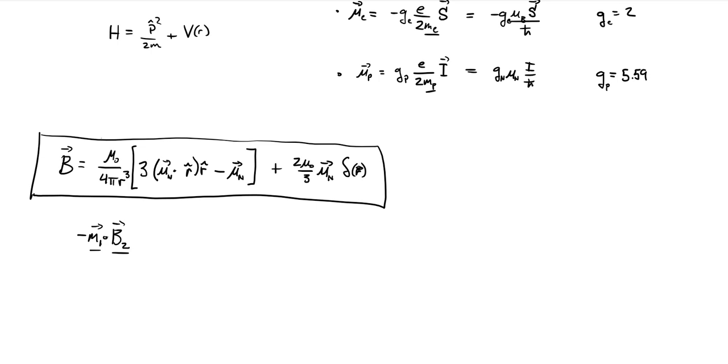The first term of this magnetic field describes the magnetic field at some distance r, right? Your electron is away from the nucleus or the proton, and that's the magnetic field it experiences. This term with the delta function describes the magnetic field when that electron is at the origin, at the same place that